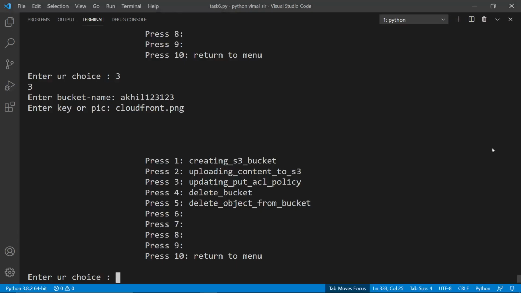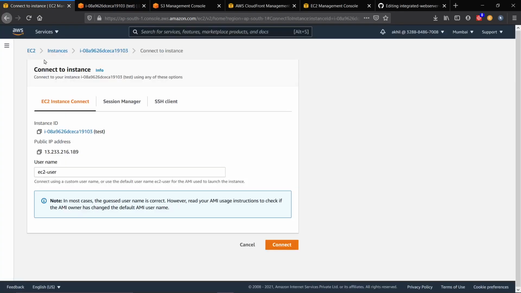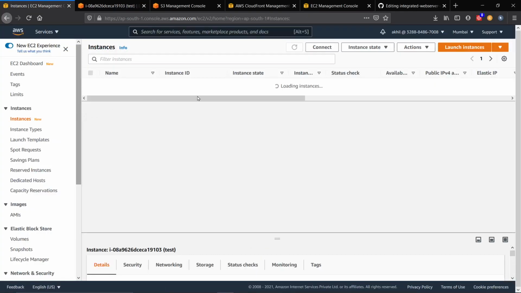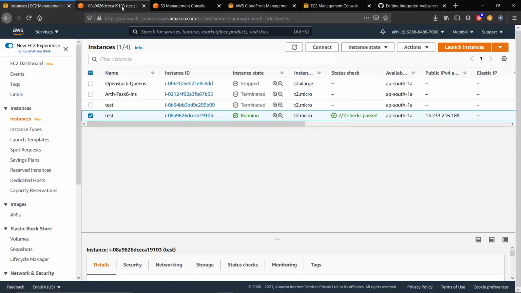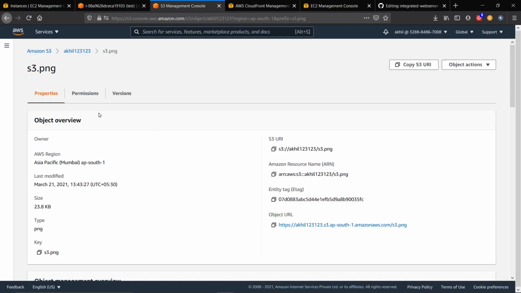So guys, one thing was left in my task 6. Actually, we have to configure a web server also on our instance, and we have to add some URLs to the web page so that we can differentiate whether CloudFront is perfectly working or not, to check from our web server also. So I'm continuing that part. So this is my instance. I've created everything initially using the same file. This is my test instance, and I have SSH from the browser only, and this is my bucket.